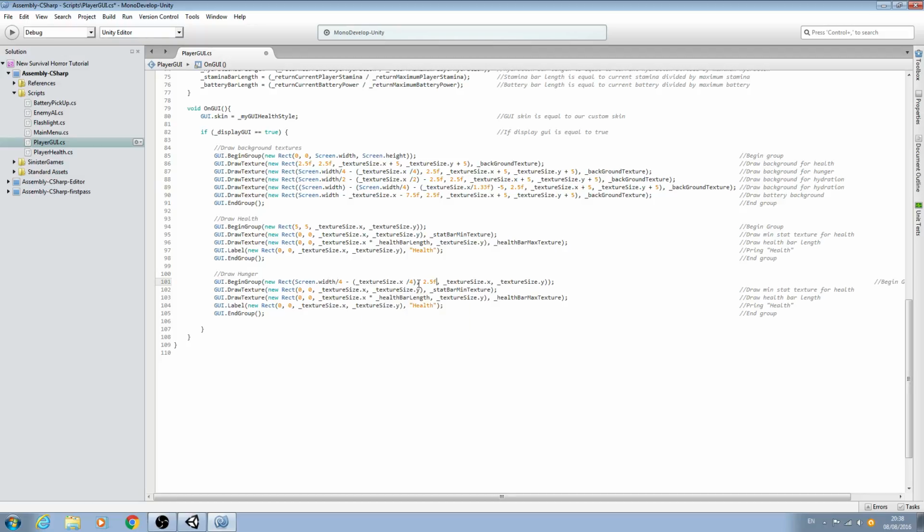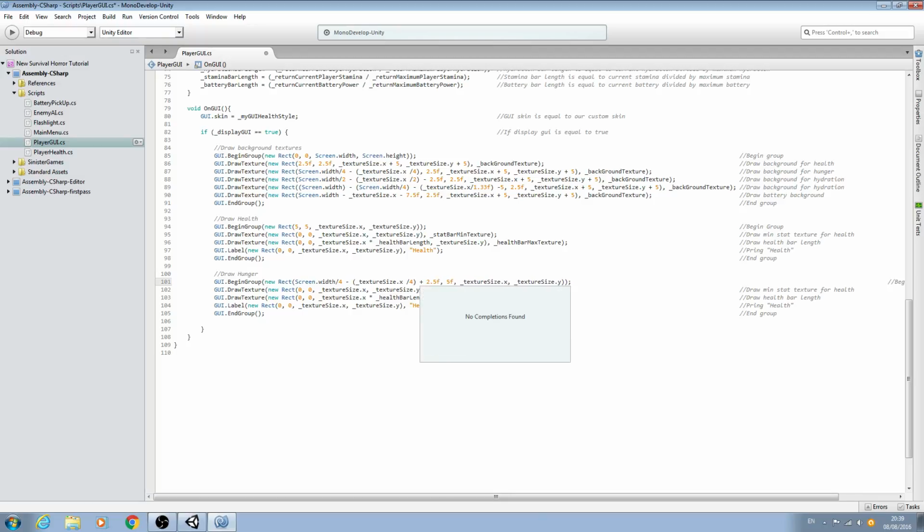So let's have a look. We wanted it a value of 5 like the health, so we'll get rid of the 2 and the point there, and where we are, here we go, screen width minus texture size divided by a quarter, and we're just going to add